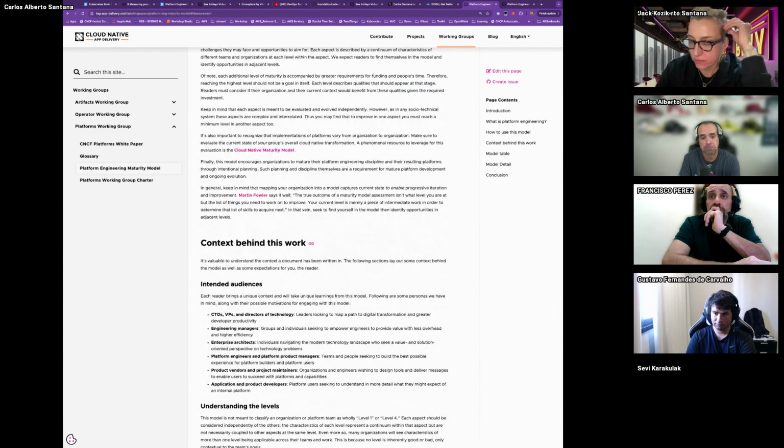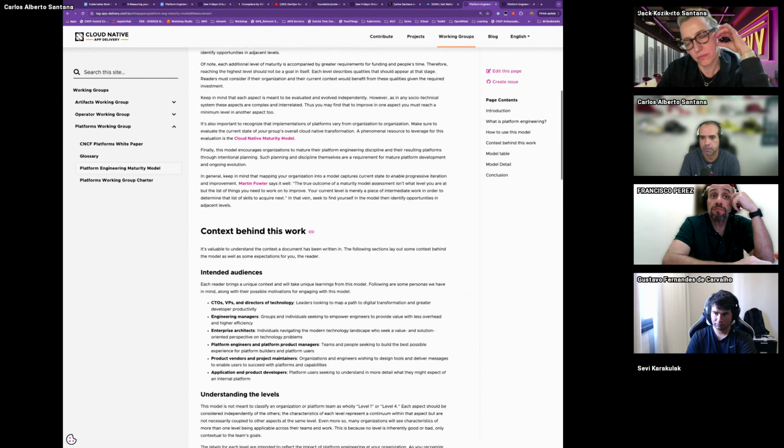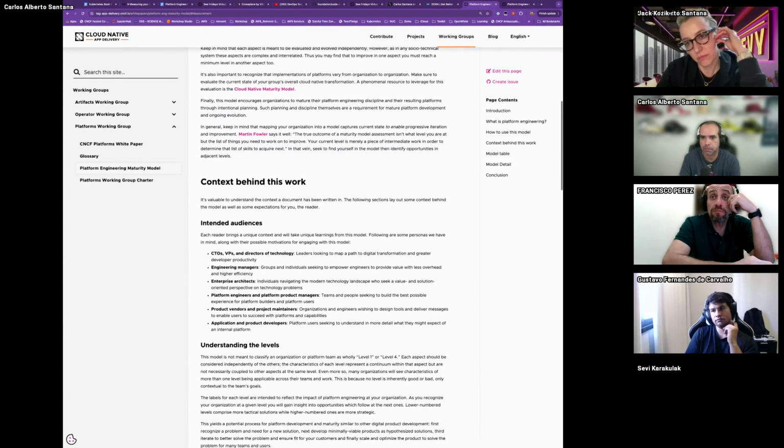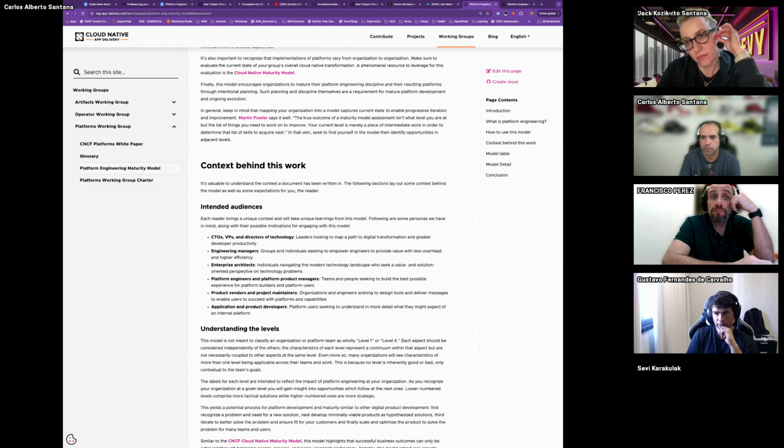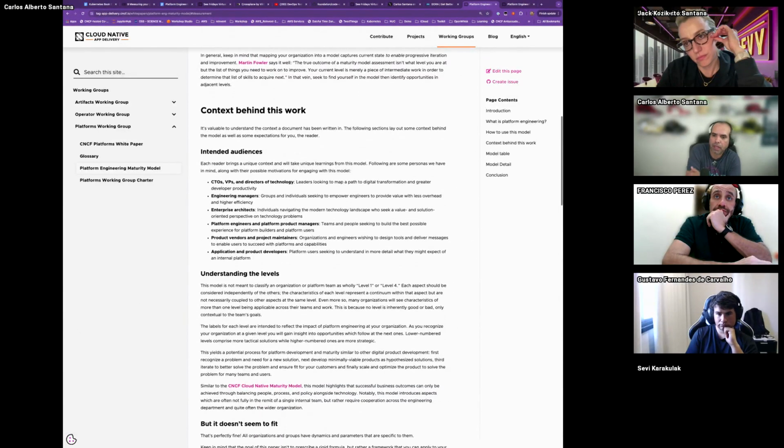I was wondering if this discussion makes the distinction, because I imagine an OpenShift product person would say, yeah, we're at the highest platform engineering level because we have all the bells and whistles. Or maybe this is saying, no, this is a practice that DevOps teams have to follow, and whether they turn on the bells and whistles or not is really what this is about. I wonder if you had a perspective.